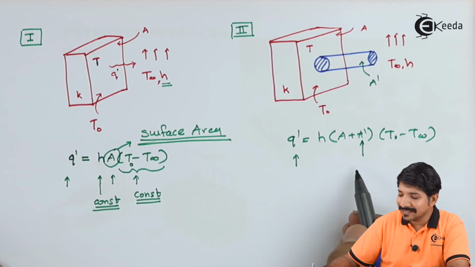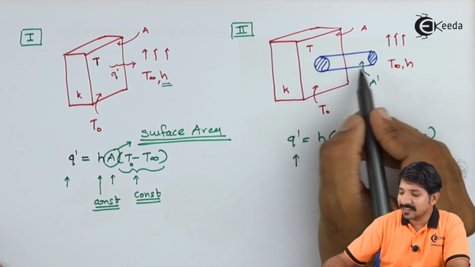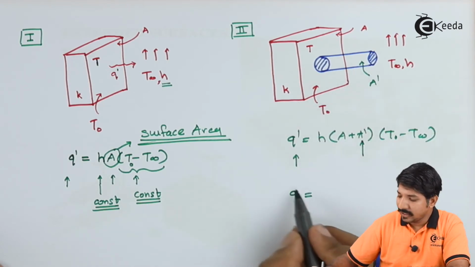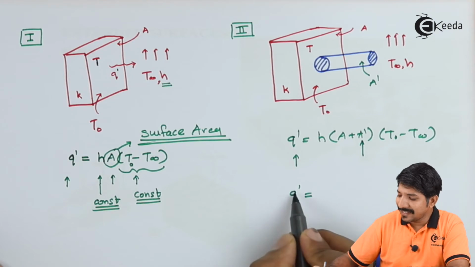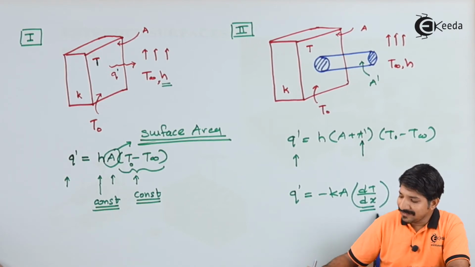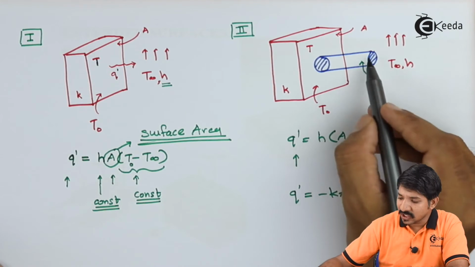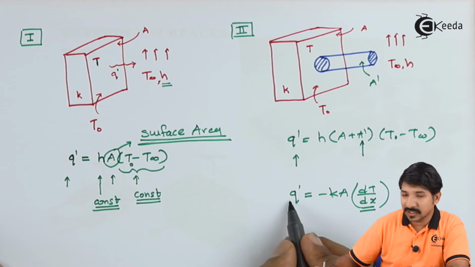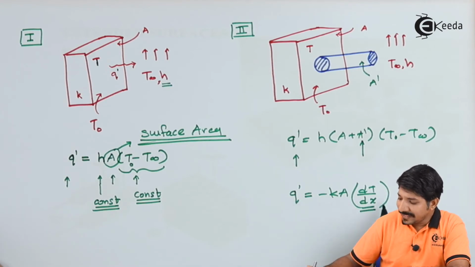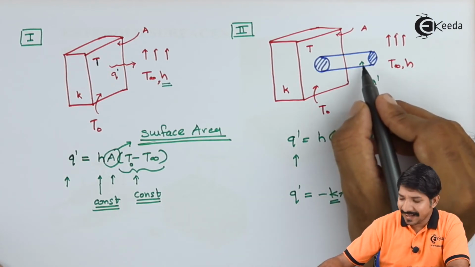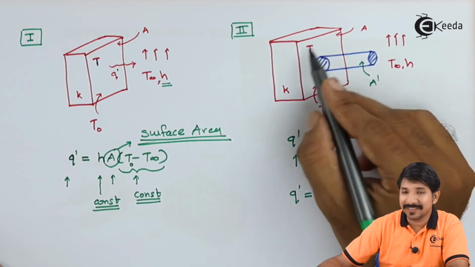Now here one more condition is that this extended surface will add to the thermal path. So by Fourier's law, we can say that Q dash is given as minus K A dT by dx. Now this dx part is increasing with the addition of the extended surface, which will reduce the Q dash value. So we need to make sure that the value of K for the added fin is higher than the value of K for the given slab itself.